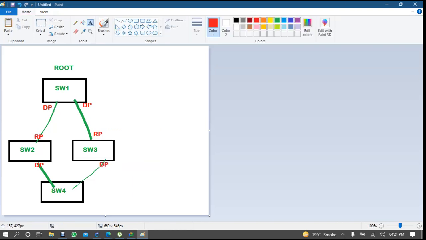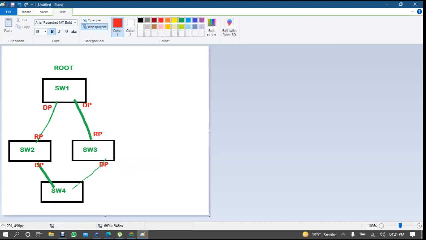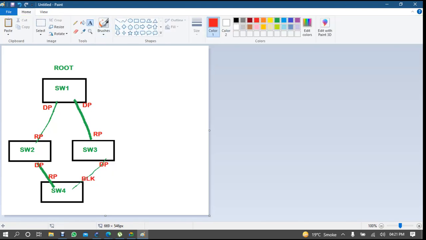Okay, and now tell me which one will be RP here. This one, very good. And here will be RP, and that one is blocked. Okay, now if any changes will come here,